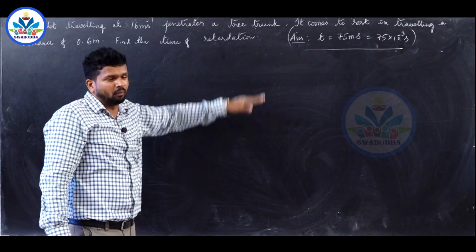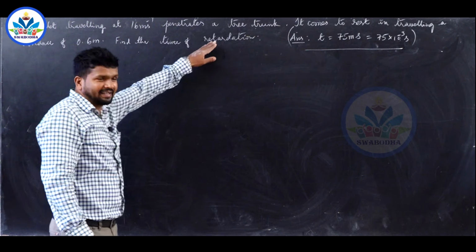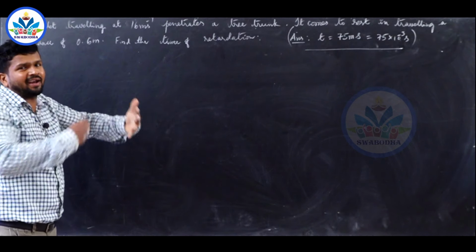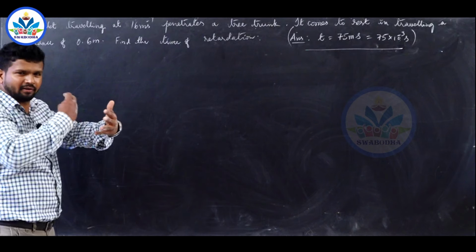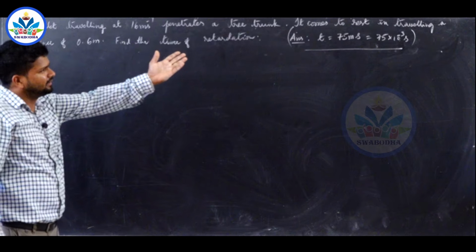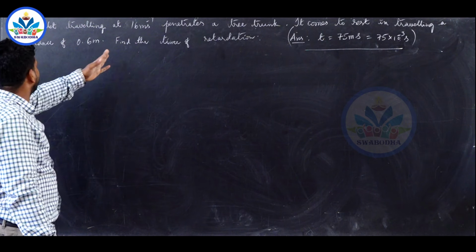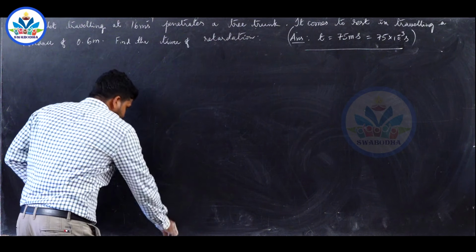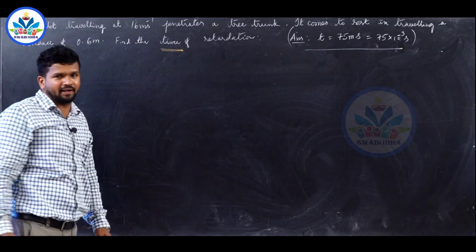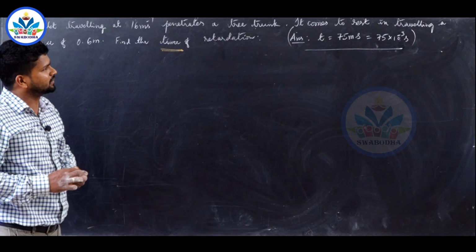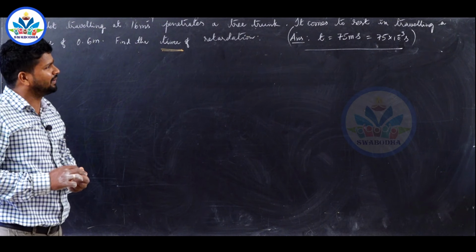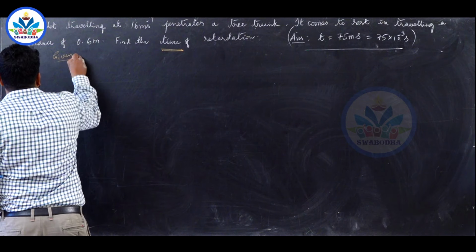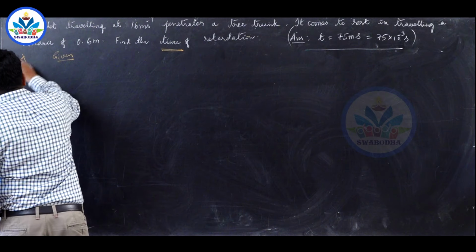No doubt the bullet will be moving with retardation, negative acceleration, therefore it stops. When it penetrates a tree trunk or tree plank, it starts to move with decreasing speed and eventually it stops after traveling a distance of 0.6 meter. You are supposed to calculate the time of retardation. You will get the answer t equal to 75 milliseconds. 75 milli means 10 power minus 3 seconds. Hint, you try.